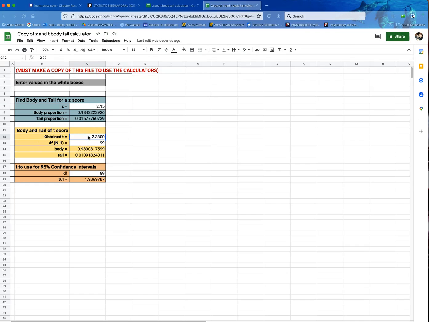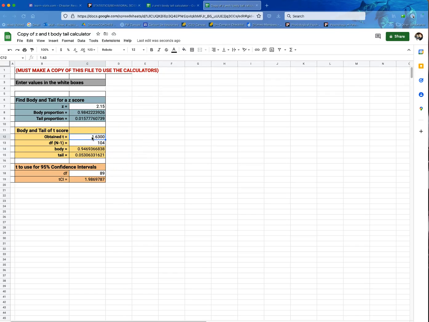So your obtained T, I don't remember what the T is. I didn't work out the problem in front of me, but let's just say it was 1.63. And I think that problem, number 11, had an N of 105, and the degrees of freedom is N minus 1, so I'm going to enter 104. Now when I hit enter, we see the tail proportion, the percent of scores that are 1.63 standard errors above or below, whatever it is.